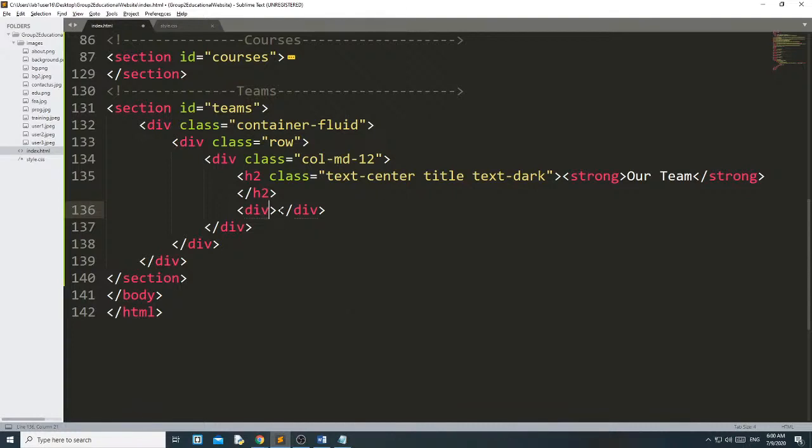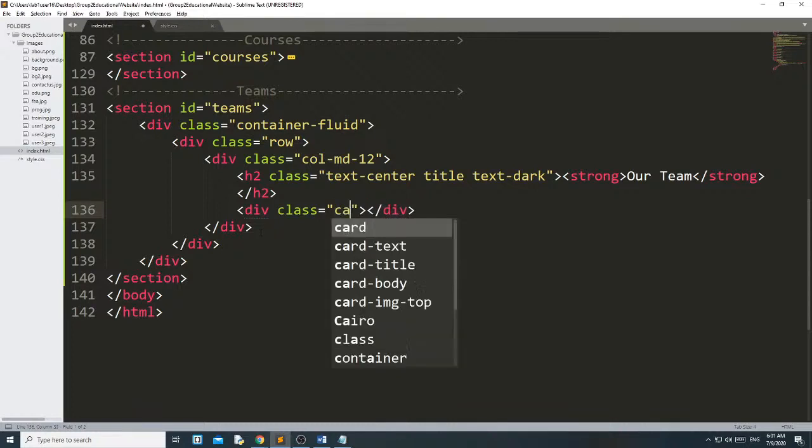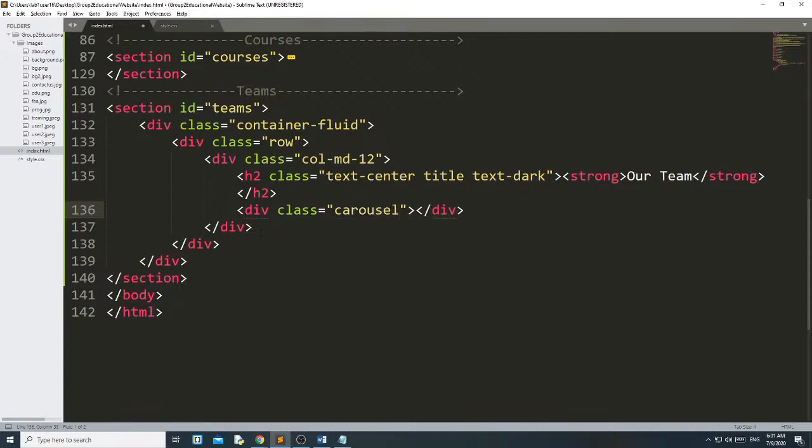To create a carousel, first we need to create a div. Then I will show you only one carousel, how to create one carousel, and in the next class we will see how to create multiple image sliders. Okay, to create a carousel, we need a div, then class. My class name will be carousel. Then slide. This is important because I need to slide the carousel. If you do not use the slide class, your carousel will not slide automatically.